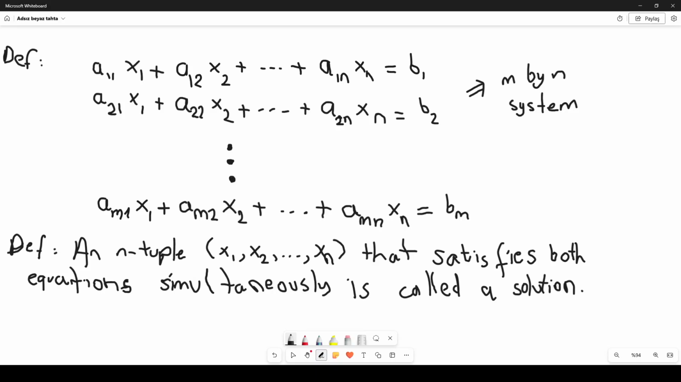Hi everyone. In this lecture, I will give you the definition of an n by n system and also the solution for such a system. And of course, I will give you the basic terminology related to this n by n system and its solution. In addition to giving the definition of such a system and its solution, I will also talk about what a